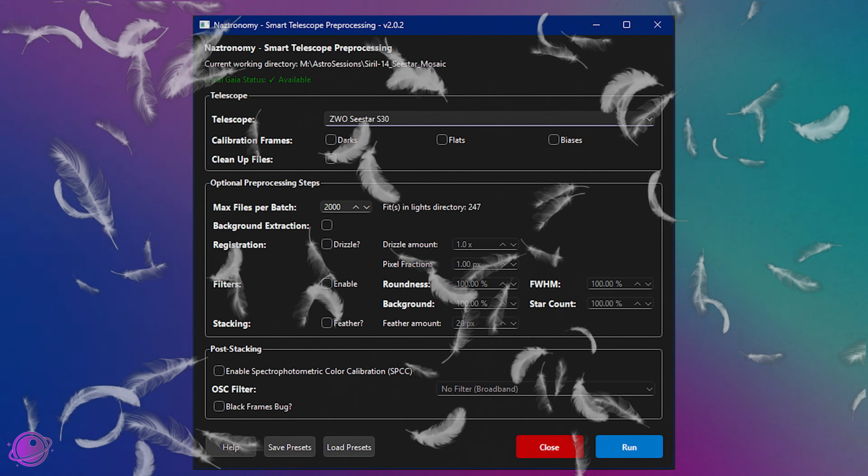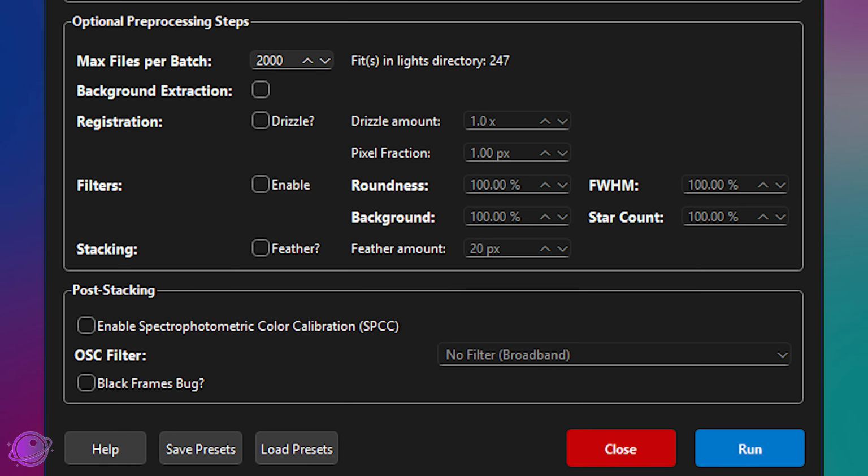Feathering is back on the menu. In version 2.0.1 of my Smart Telescope script, I removed feathering due to several issues, and since then, about 50 of you have commented on YouTube, on Facebook, on Discord, on Patreon, and some by email sharing your disappointment. And I just want to say that I heard you, and the feathering option is now back with a pretty